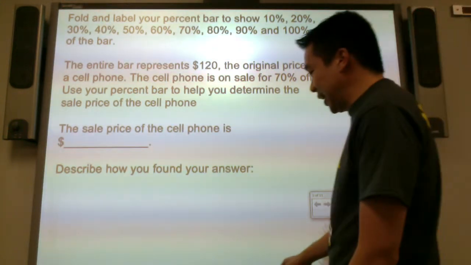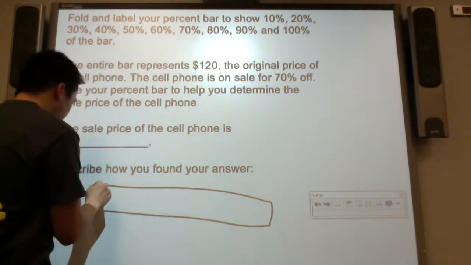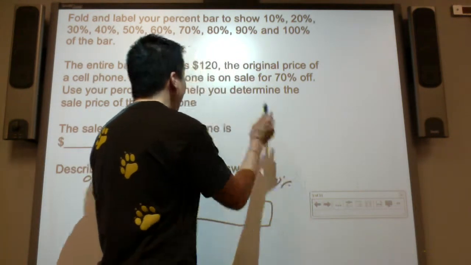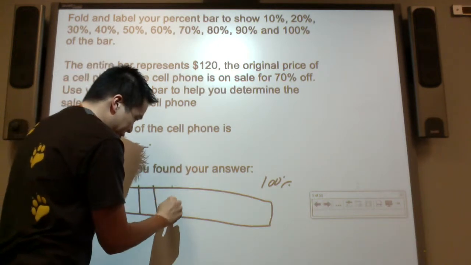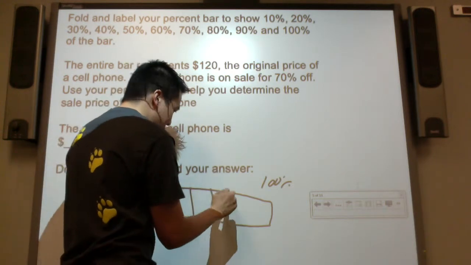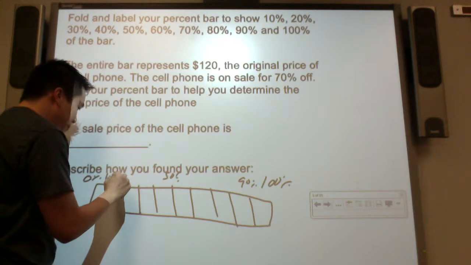Next, last but not least, our last bar diagram. This is a bar. You have 0% here, 100%. They would like us to break it by 10%. So 10, 20, 30, 40, 50 in the middle, 60, 70, 80, 90%. So let me list all my percentages. So I broke it down into